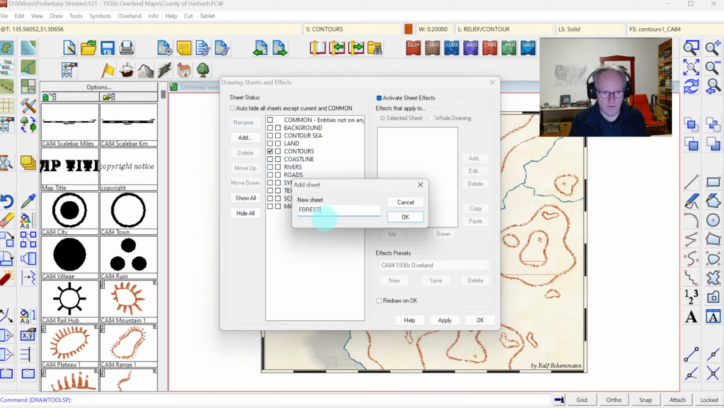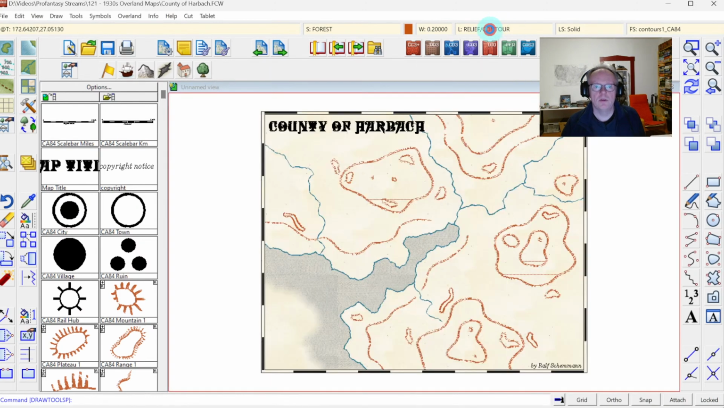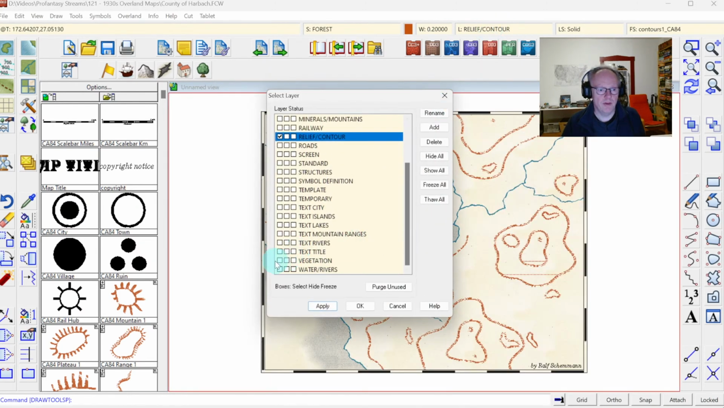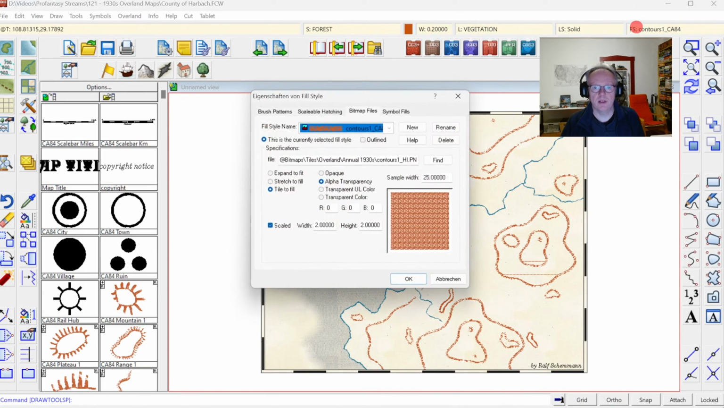forest here, and let's see where I want that. It certainly should be below the contours, because I want the contours to show up on top of them, but it does need to be above the lens sheet. There we go. So this would go on the layer vegetation, and we do need a green for that. Fill style solid,